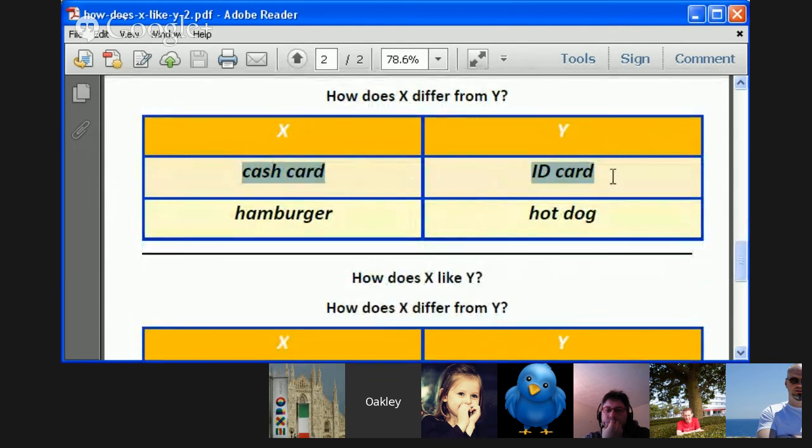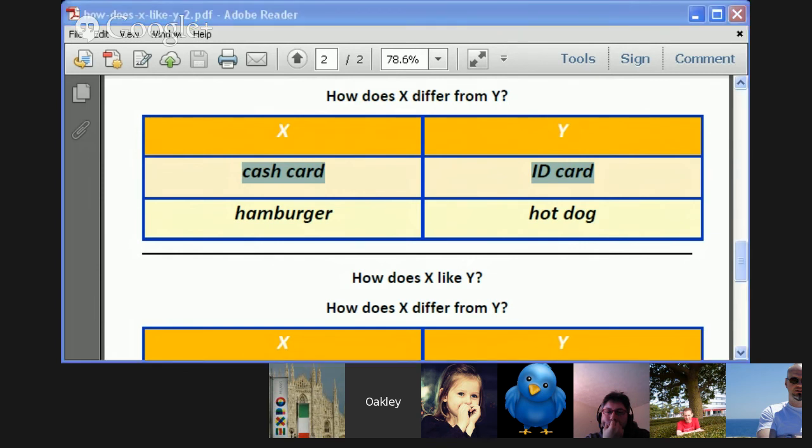Okay. Well, similar idea here. Okay, Nasma, are you here? Yes, I'm here. Okay, very similar. Cash card and ID card. I think both of them made of plastic. On the other hand, cash card used to identify person to ATM. And ID card used to identify person to other people. Okay.